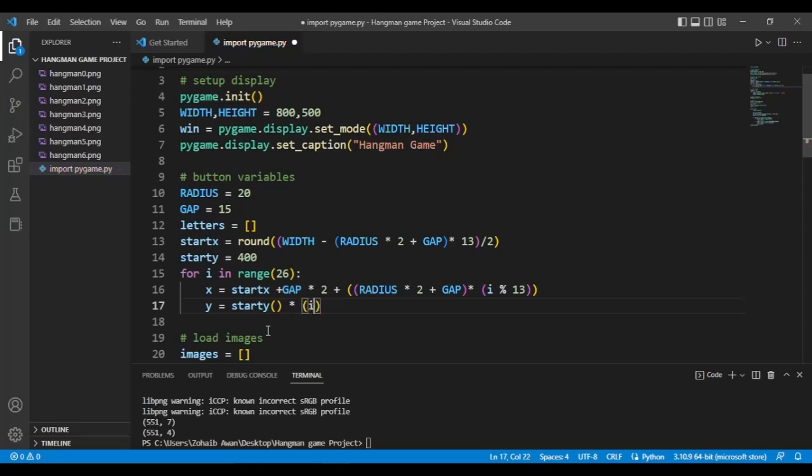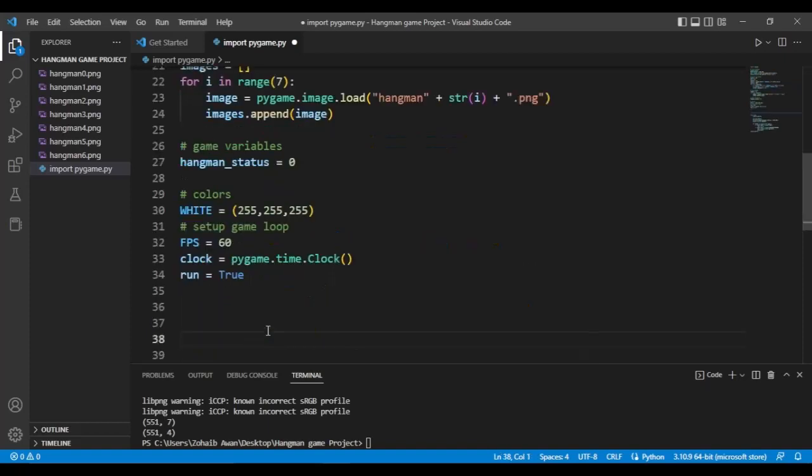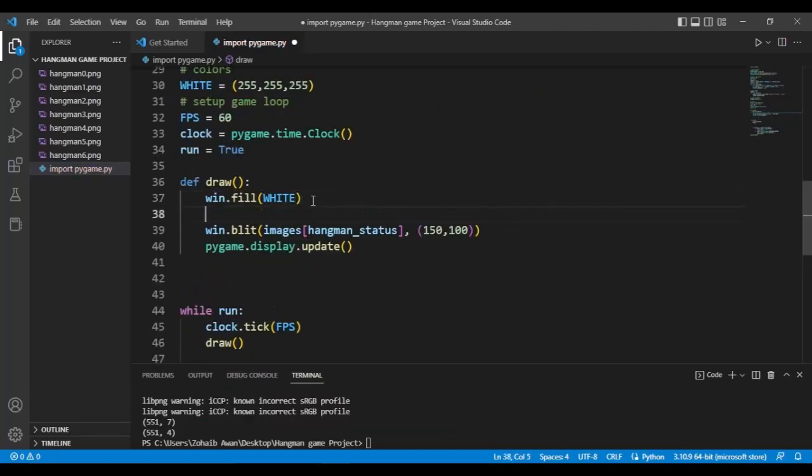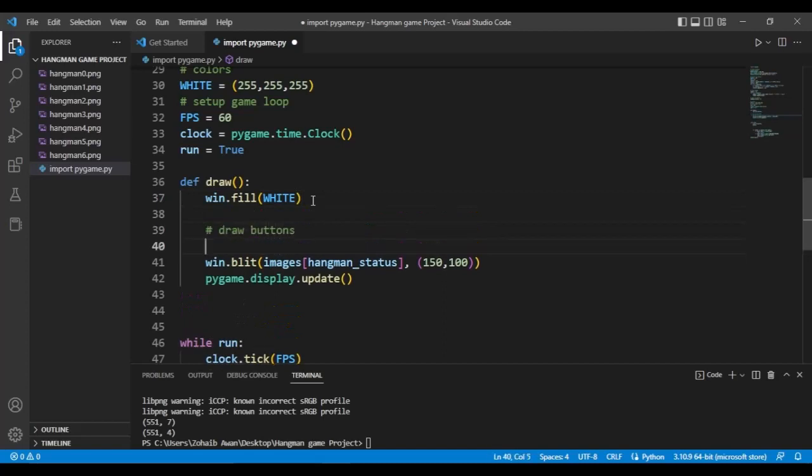So here now we have the x and y position. After this we will write letter dot append, and we will make another list like this and put x and y. Now the next is to display a keyboard type on the screen. We will define a function draw. Now we will take these lines of code and paste it here, and then we will replace them with draw